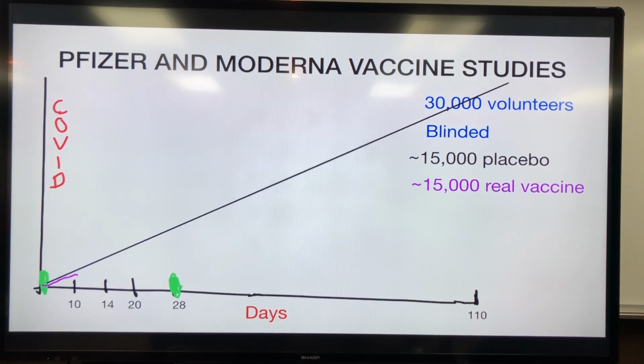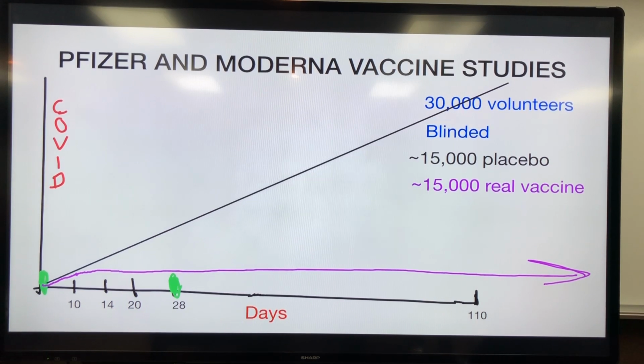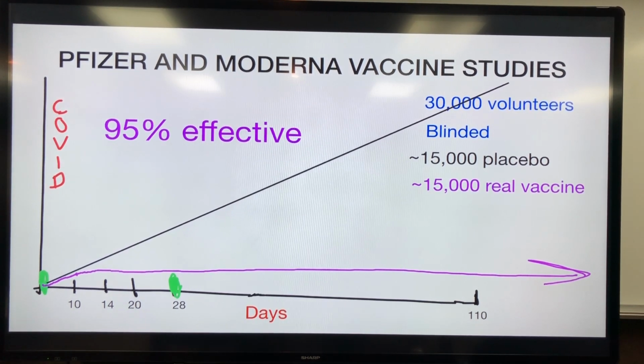So the people who got the real vaccine versus the people who got the fake, they both got COVID at the same rate. But about day 10 to 14 in the study, it curved and separated, and until today it's still pretty flat. And that's where they came up with this 95% effective that you see. It's based on the math of this. And so between the ones that got the vaccine versus the one that got the fake, it's 95% effective about preventing any degree of COVID-19, whether it's mild or severe.